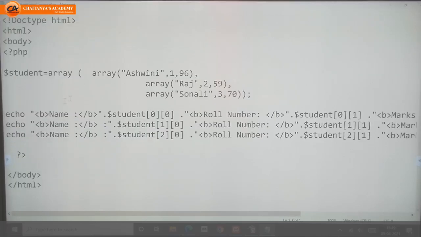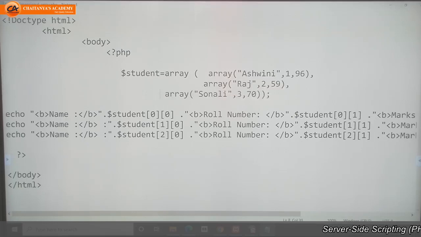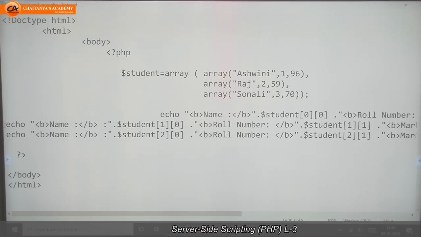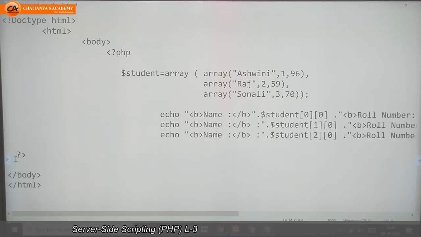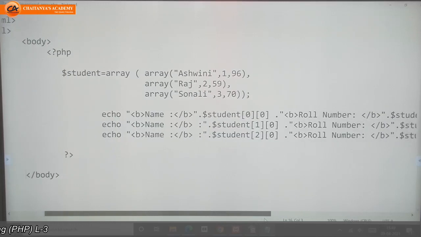See, this is a multidimensional array example.